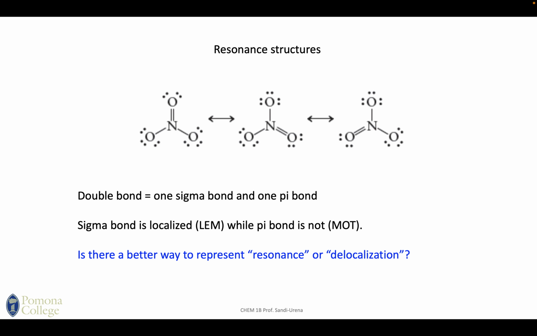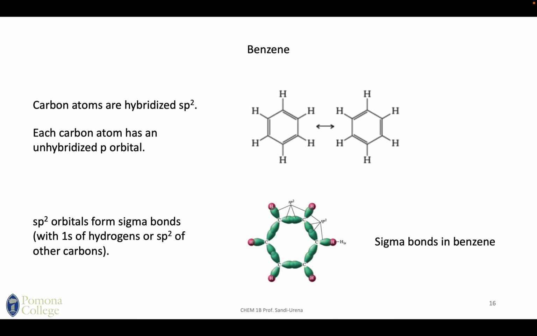Now, one of the questions we have is, would there be a better way to represent delocalization instead of using three full structures? Just find a way to condense that. And the answer is obviously yes. And to show you how we do that, we're going to use benzene as an example. So benzene is a molecule of the type that we call cyclic. It's a cycle. It has 6 carbons, and this type of representation we have here, we call it topological, and